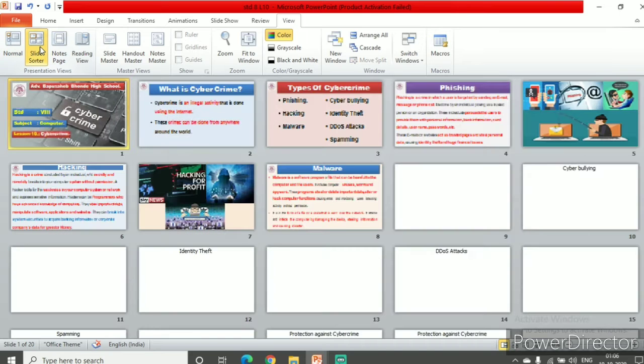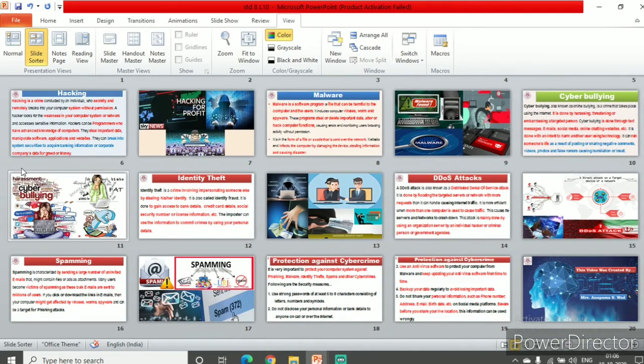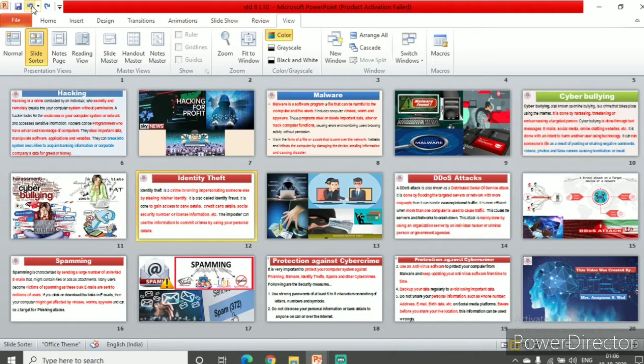Next is the slide sorter view. In the slide sorter view, you can see the number of slides, and if you want to interchange some slide, say, like I want this 13 number slide in the place of 7 number, here I am moving it. Okay. Has the 13 number gone to the 7th number? Yes. And the 7th number has come to the 13th number. Okay. Now let me undo it, otherwise it will spoil my presentation. Okay. So did you see how I did it?